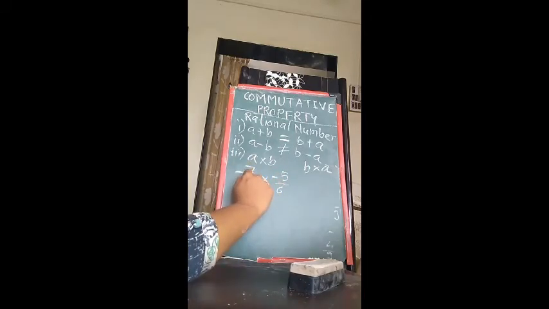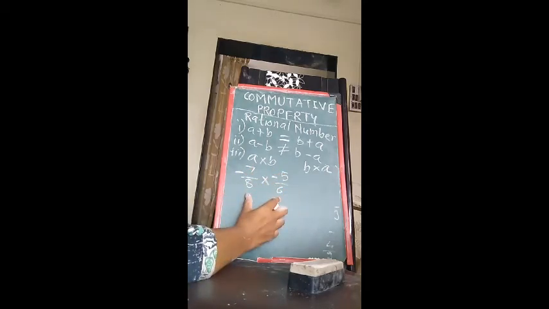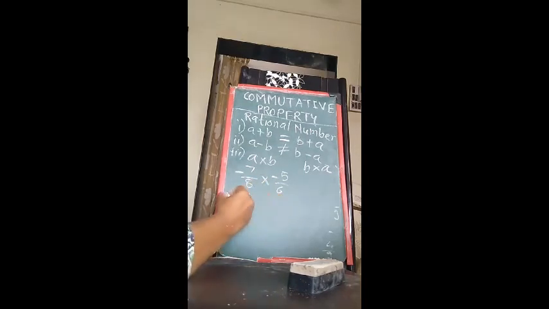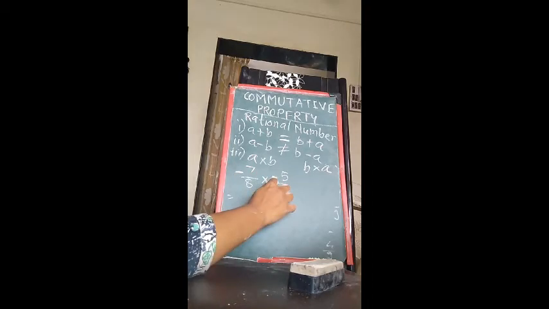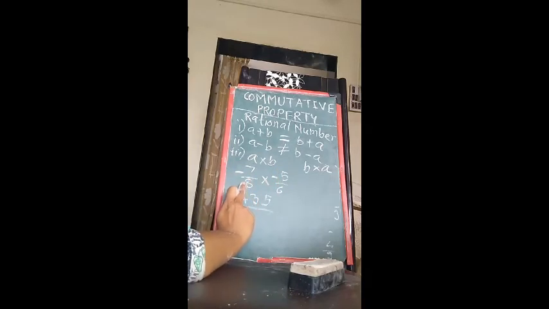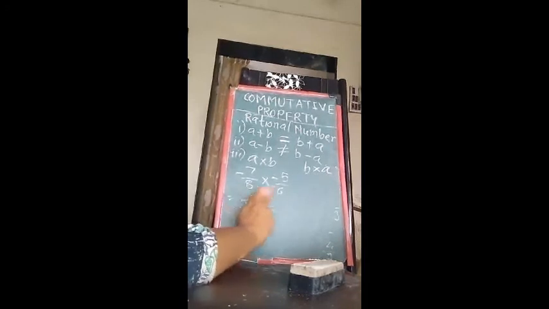For both the numbers, the numerator, that is the upper number, you have to multiply first and then go to the denominator. Both the denominators you have to multiply. So here minus 7 multiplied by minus 5. First just take the numbers, 7 5s are? 7 5s are 35. Minus multiplied by minus is always plus. So the sign is plus. Now we are going to multiply the denominators, that is 8 multiplied by 6. 8 6s are 48.